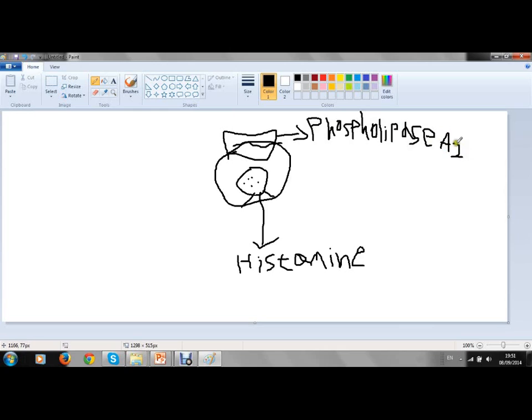And the idea with this enzyme is that basically phospholipase A2 breaks down the membrane to arachidonic acid,